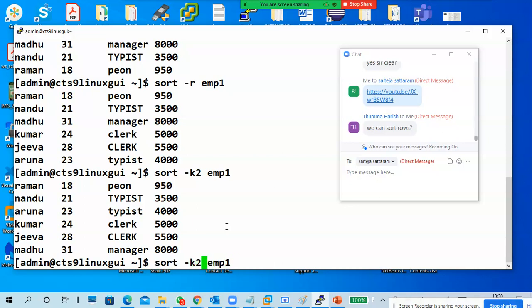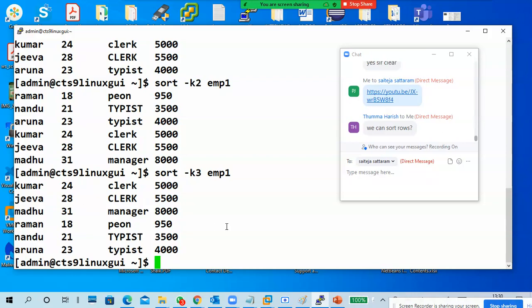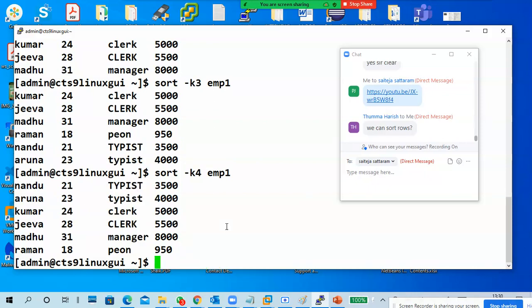To sort based on the third column, k3 means third column, k4 means fourth column. However many columns there are, you can sort based on any column. Both reverse sort and normal sort you can do.